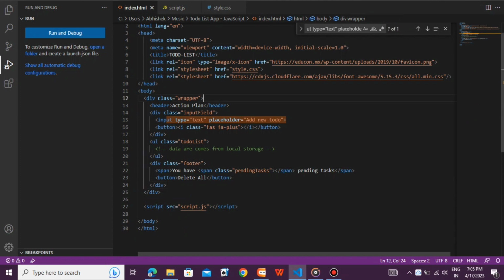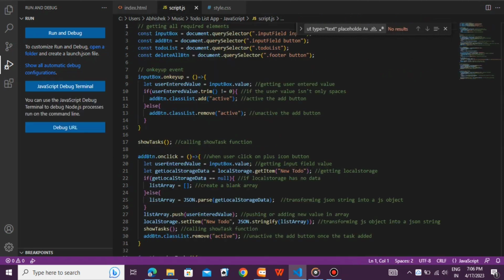So in this HTML file you will see we will add some properties. First we will add the favicon property, then we have to set some buttons which will receive the input from the user. So here you see the add new to-do button which will add the task list. Then at the footer we will have the pending task list. It will show you which tasks are pending, and the delete all button. You can also delete all the tasks easily. So now we move towards the JavaScript file and CSS file.